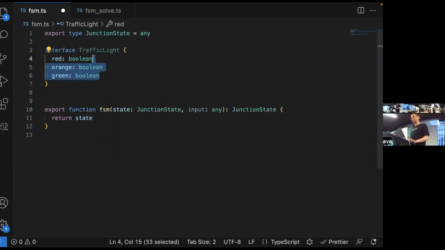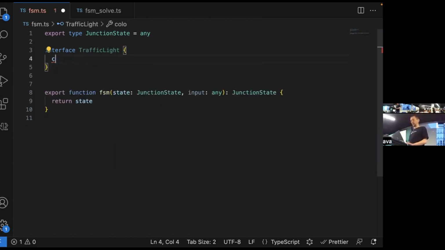So I'm going to do colors. See, just an appreciation that I'm typing the Australian Englishy things now. I'm very proud of myself.